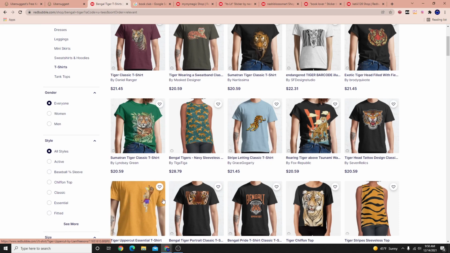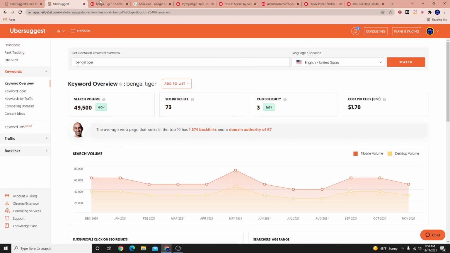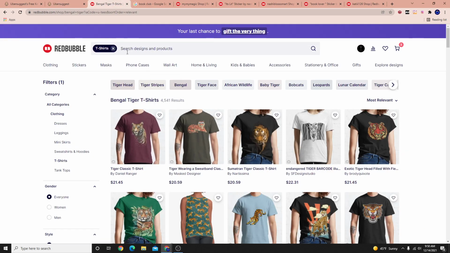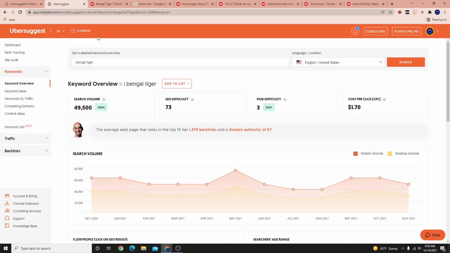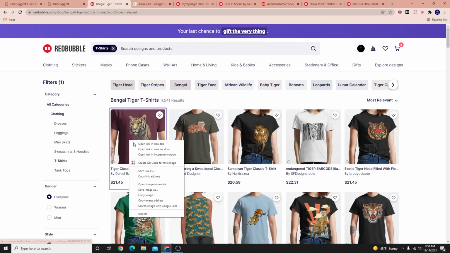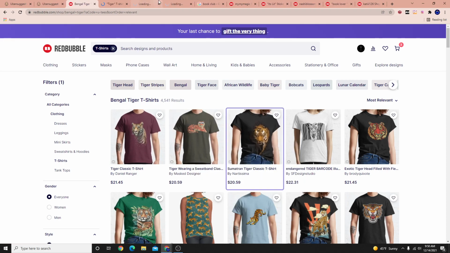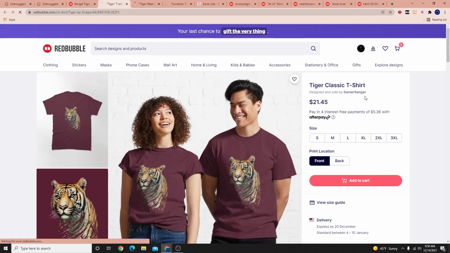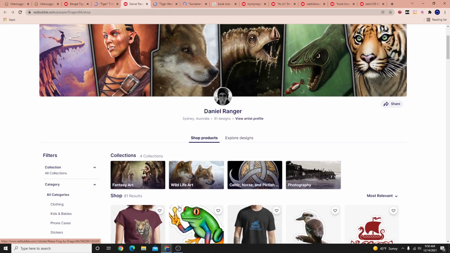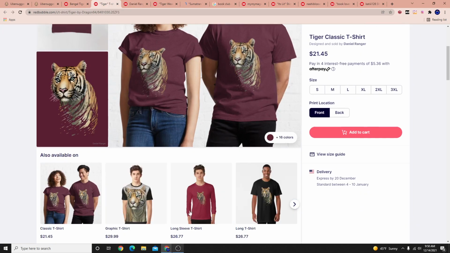Now, just off the numbers alone, I would say this is a more formidable niche, right? For the keyword specifically Bengal tiger. But then again, you have to ask yourself, let's take a look at when these guys got to the top. So let's take the top 3, and let's see when these guys created their accounts. I believe the age of the account on Redbubble does matter. I'm still trying to figure out the science behind the algorithm, but you could see here